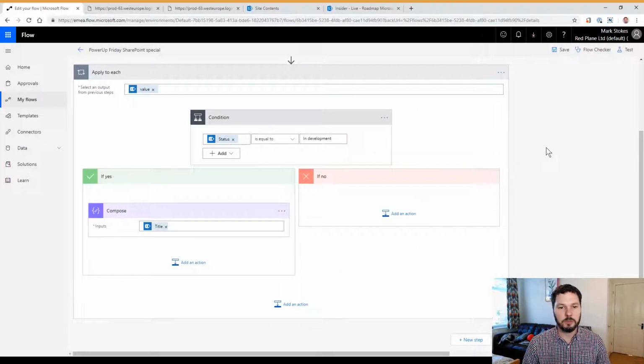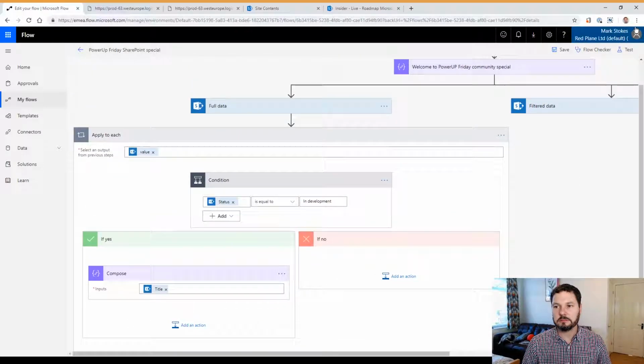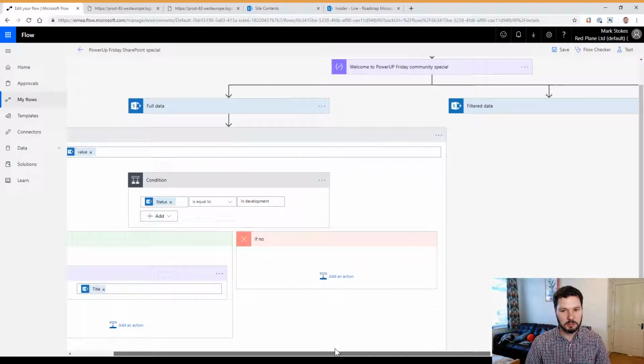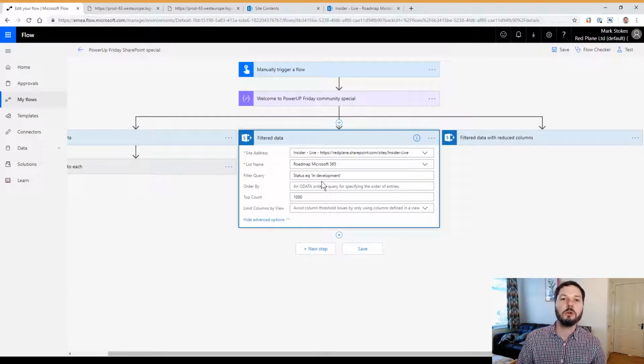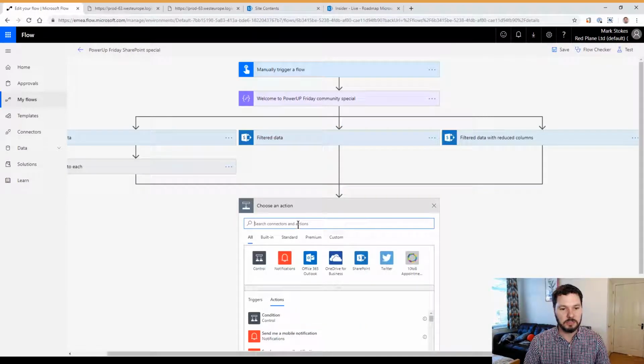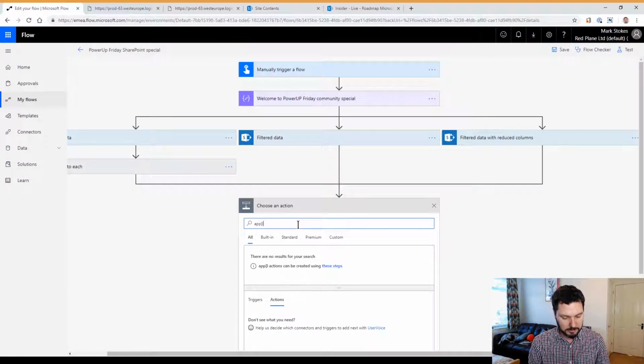Okay, so that's all we want our flow to do. Now, look how complicated this is. Get items, apply to each, condition, compose. Well, because I've done my filtering here, I know all the items that are coming back are in development, so I don't need to put that check in. All I need to do is apply to each,